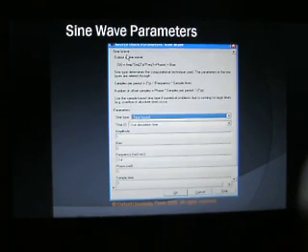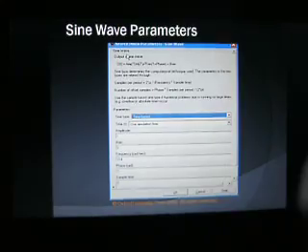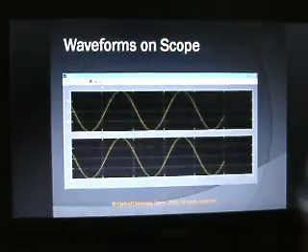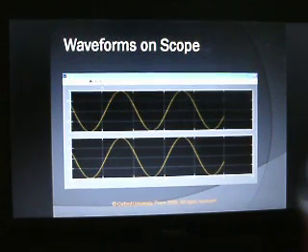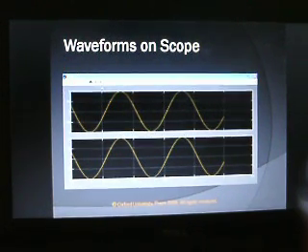The amplitude we have taken as 1 and frequency as 314 radians per second with a 0 phase shift and sample time. The following waveforms are observed on the scope after running the Simulink model as shown previously, and you can observe the magnitude and the time period of both the sine waveforms.